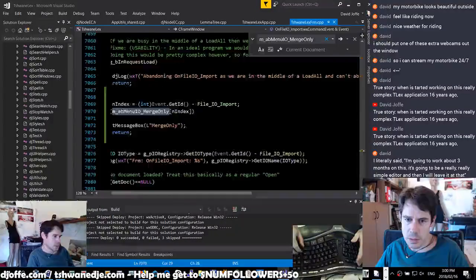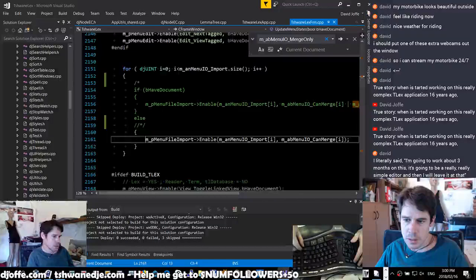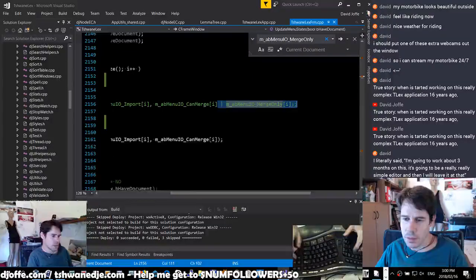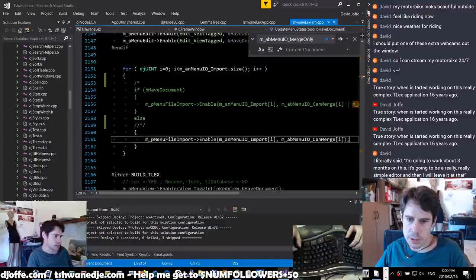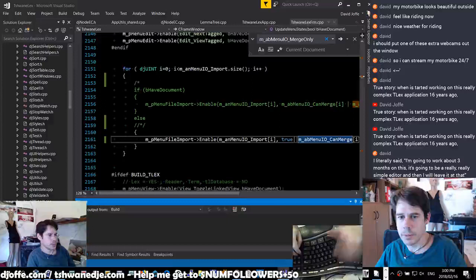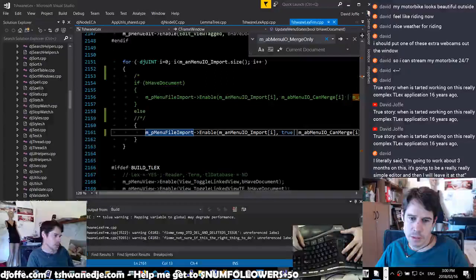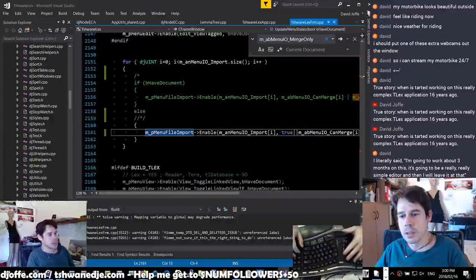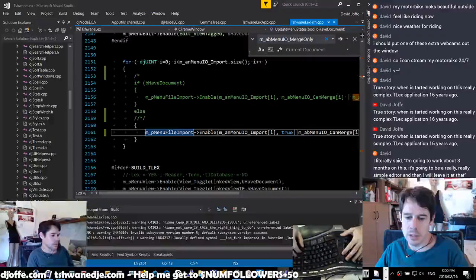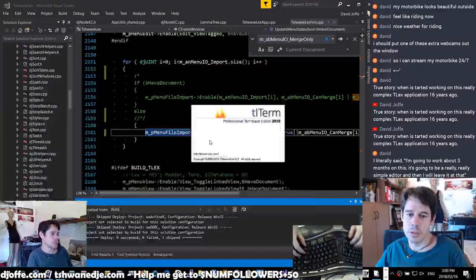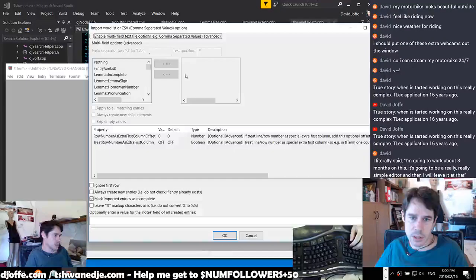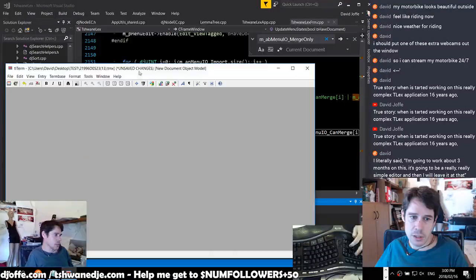Oh. Can merge or merge only, right? True. Oh. So enable them. All the importers. Always enabled. And then we just say, if that's obviously temporary, like true or. Okay. This is experimental now. Okay. So if we say import merge only,